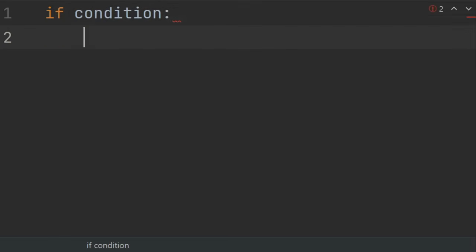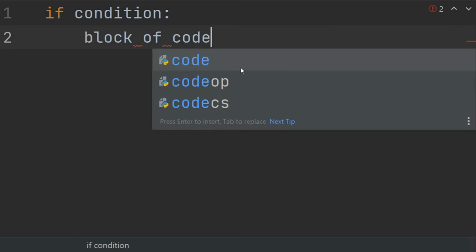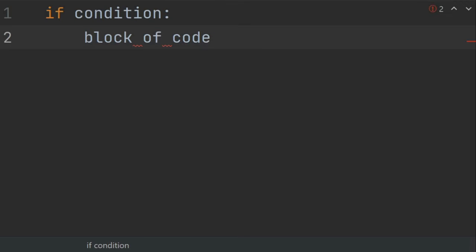In this tutorial, I will teach you about the if statement. The if statement is used when the program has to make a decision according to a given condition. The syntax of the if statement is: if condition, colon, block of code that will be executed if the condition is true. If the condition is true, then the given block of code will be executed. For example,